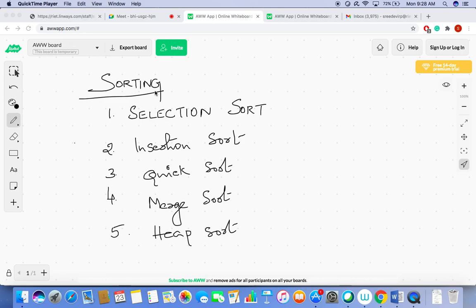Hello, in this video we are going to study about sorting. Sorting is nothing but arranging data in ascending or descending order. Suppose, look here,